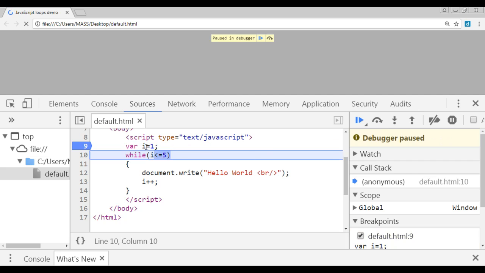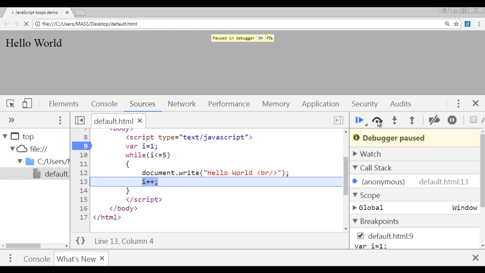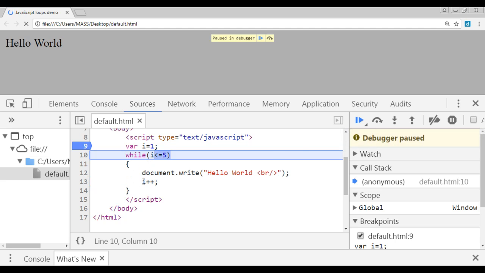You should see the I value set to 1. Now the conditional expression will be evaluated, whether I is less than or equal to 5. I is 1, 1 is less than 5. So it is true, the control moves inside the body. You can see that. And the document.write statement will get executed. It displays the hello world. Next I++. At present I is 1. If I say step over, you can see that the I value is incremented to 2